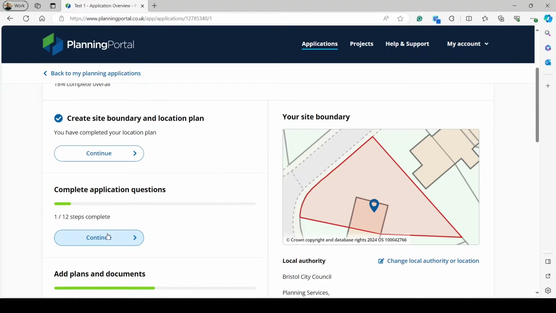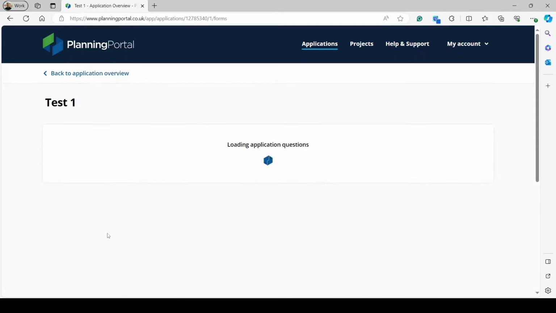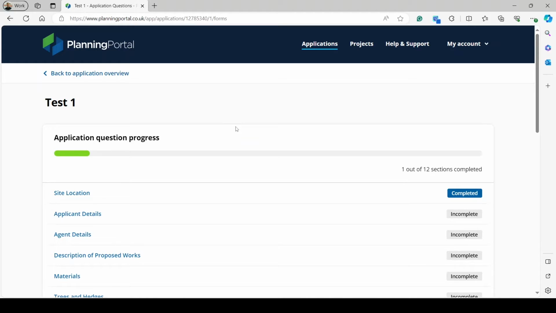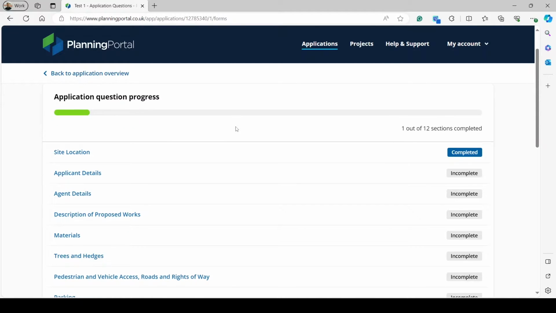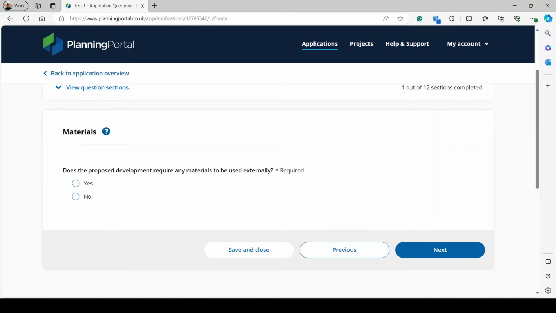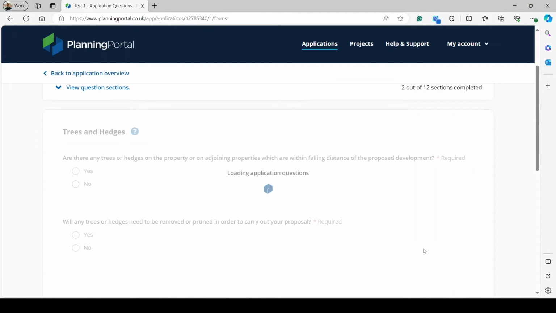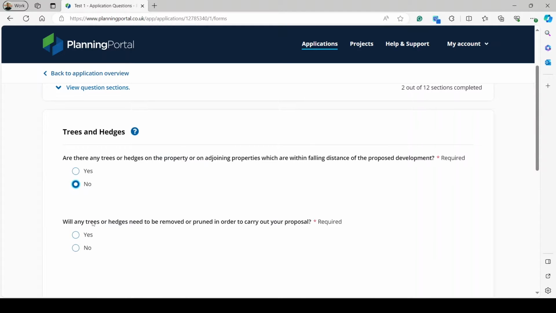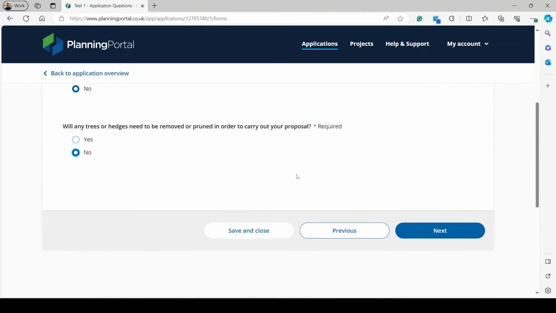It's now time to look at your application questions. You'll be guided through the form and your responses will be saved at each point. You will not be able to progress unless all of the mandatory sections are completed. For example, let's go to Materials. Depending on your answers, you may need to provide further information and the service will guide you. As mentioned, all your answers and information will be saved at each point. You can always return to the form anytime, adding additional information to answers as you go.